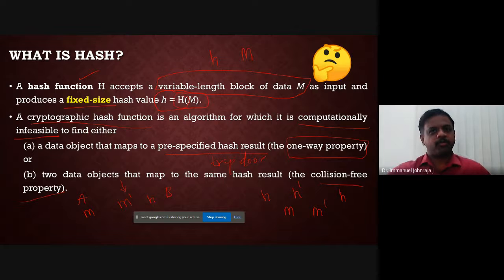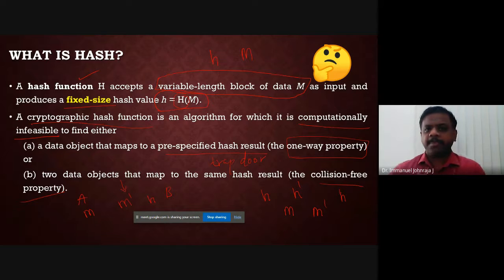So have you understood what a hash function is? Now, how does it work? Don't worry, we have a long way to go to know about that. But in general, you have the actual message, which we call M. You apply it to a hash function and you get the result value. So whatever your input size may be, you get a fixed value as output. We denote it by small h. And this is called your hash function, having two important properties.